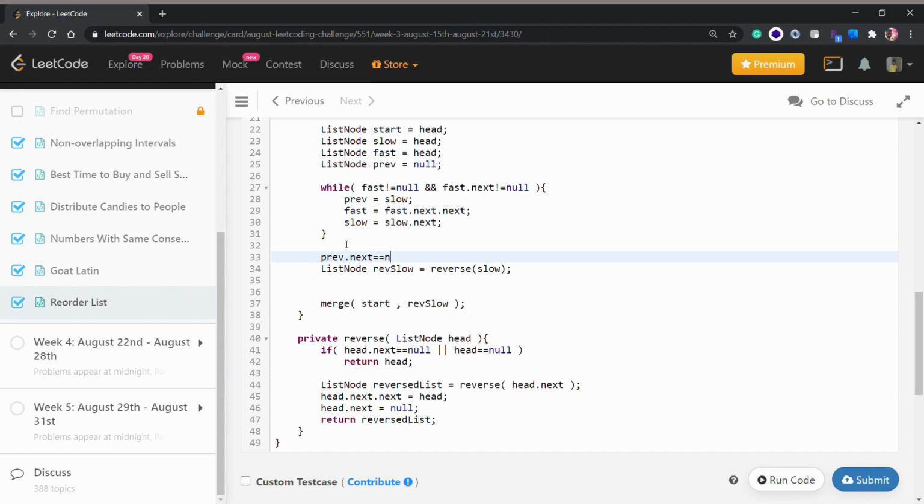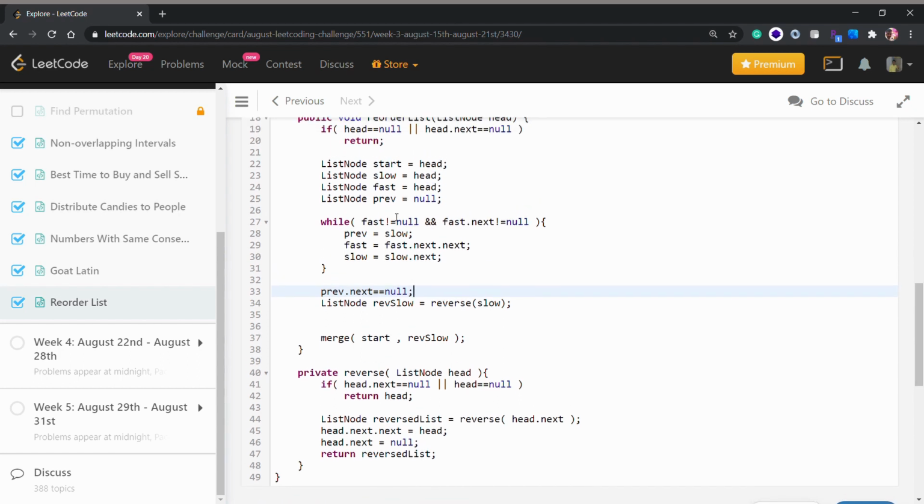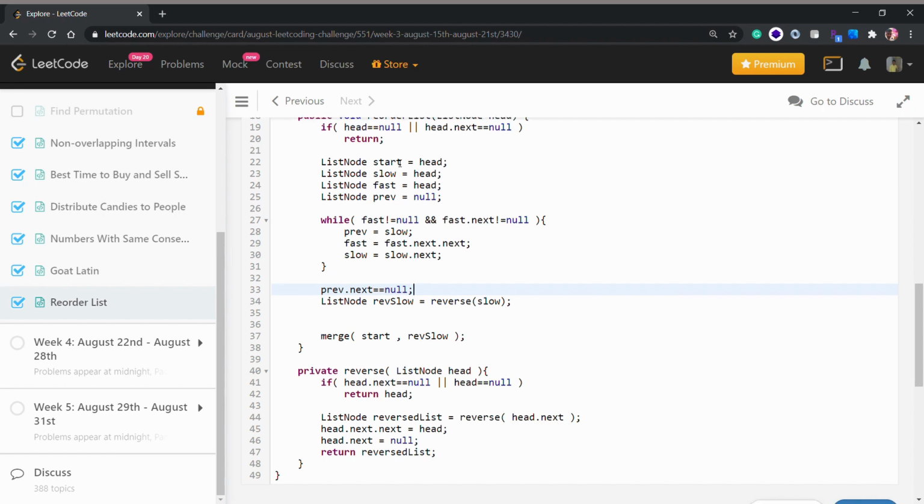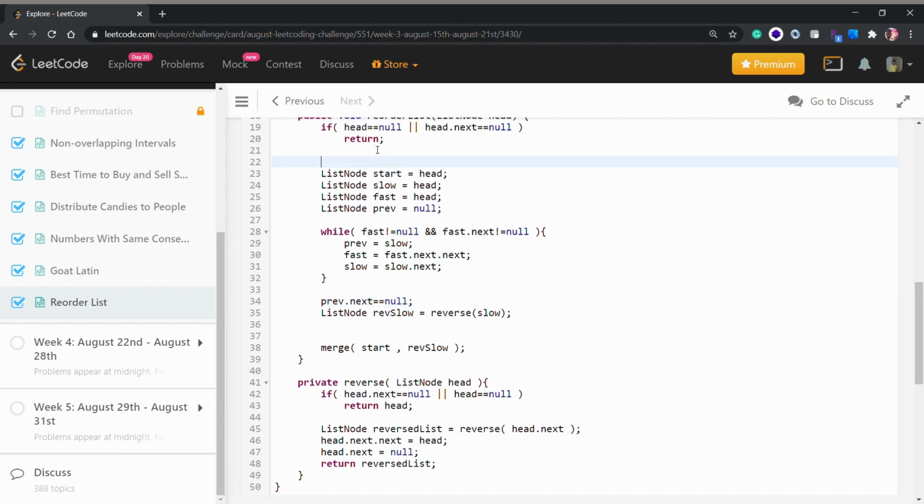is equal to null. What this does is it will perfectly divide our linked list into two separate parts, because as you can see here, our start will definitely point at the head of our linked list. So it will be the start of the first part.